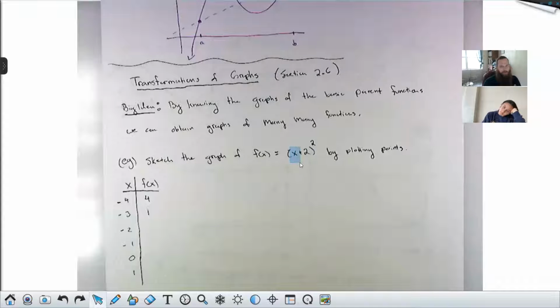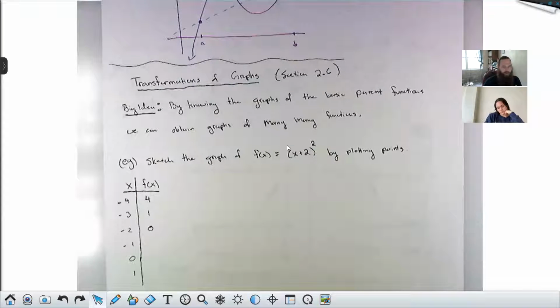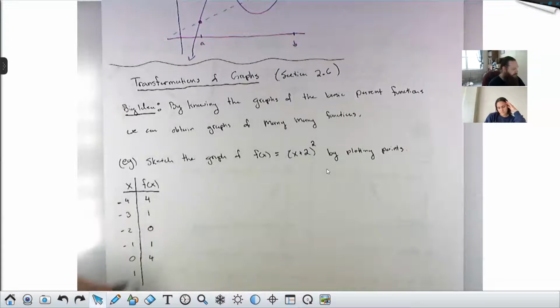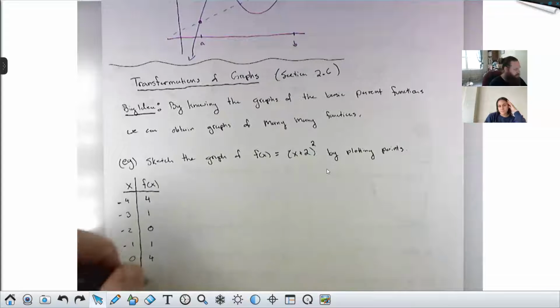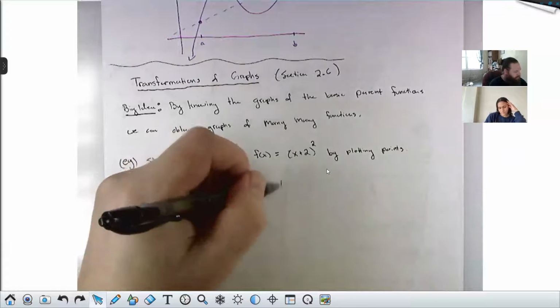If I plug -2 in for x here, -2 plus 2 is 0. 0 squared is 0. If I plug -1 in here, -1 plus 2 is +1. 1 squared is 1. You plug in 0, you get (0 plus 2) all squared, which is 4. And if I plug in +1, I'll have 1 plus 2, or 3, squared, which is 9. So the graph of this function